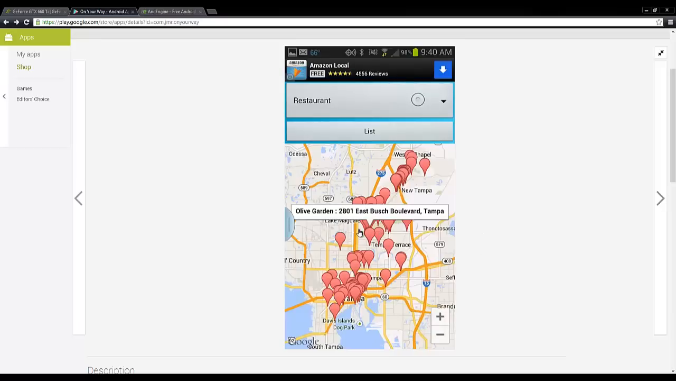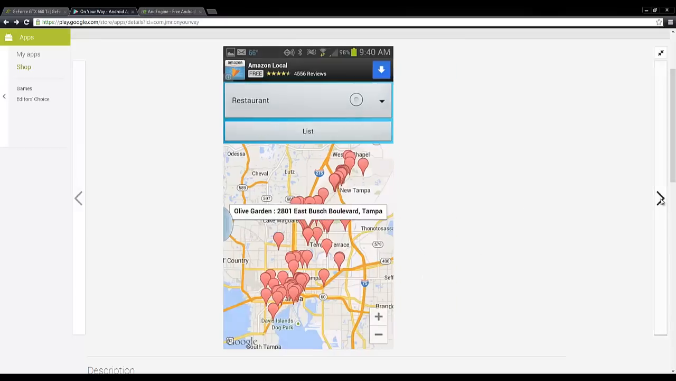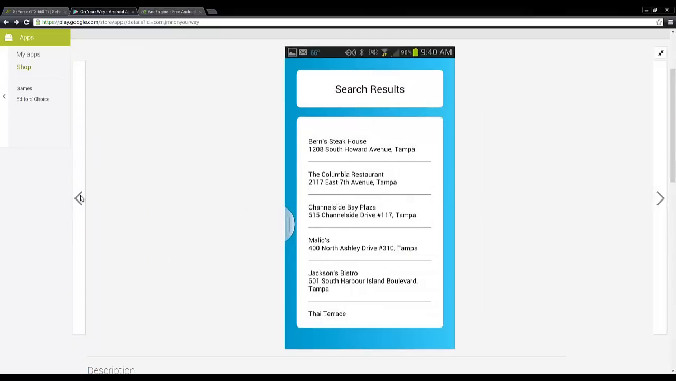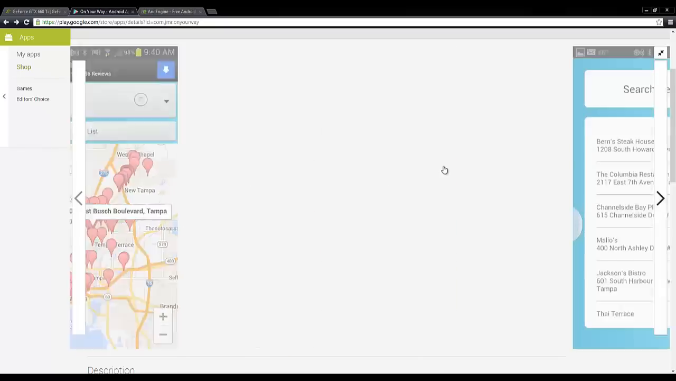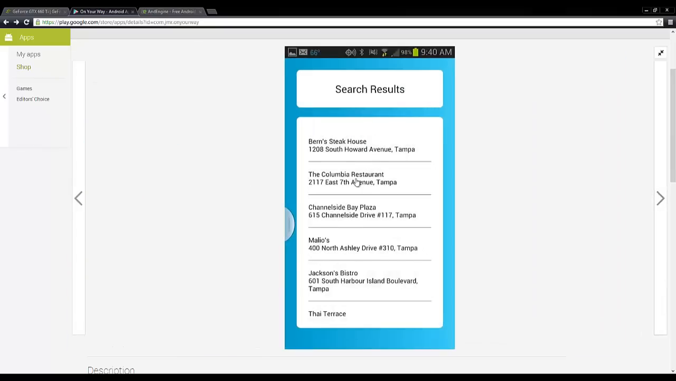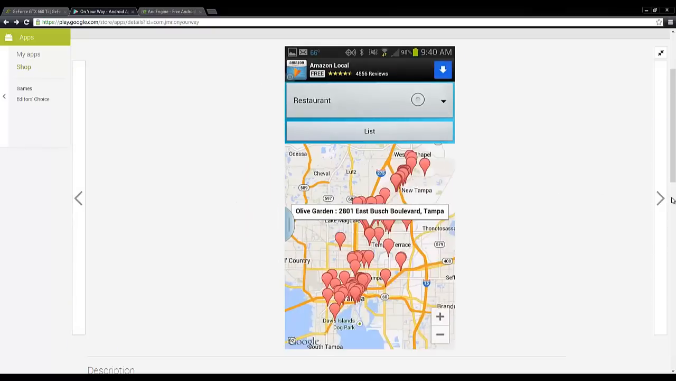And then once you find a place, say Olive Garden, you can click on it, and it'll show you this little message here. If you click on that again, well, actually here's the search results. Say you don't want to go by the markers, you can click list, and then it'll show them all in the list right here. You can scroll through them, and then once you click on one of them, or on that little thing there,